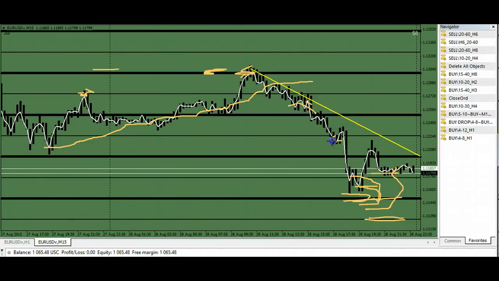If you bought here at the 25-yard line, you got stopped out. If you bought here at the 50-yard line, you got stopped out. Here you made money. You made it back. Here we haven't really got to the 25-yard line, but you got buy stops here. But if you have a backup plan, which is what Williams is really about,